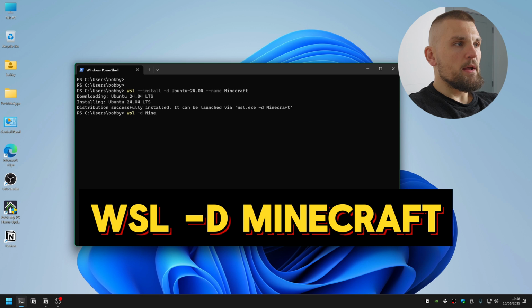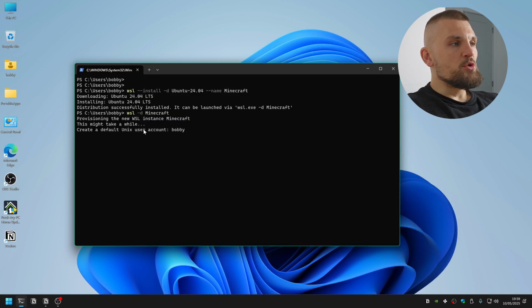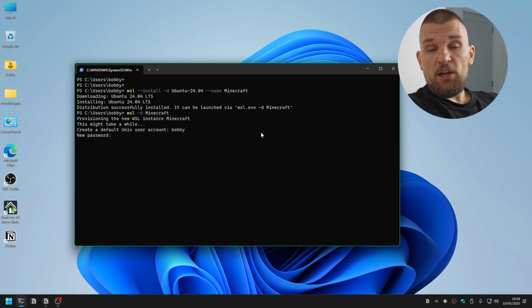-d Minecraft. I'm going to press enter. The first thing it wants to know is a user account. Now, obviously, give it a logical name. For me, I'm just going to use Bobby. Now, here, make sure you set a really secure password. This is going to be the user that will create the server, so you don't want anybody getting access to